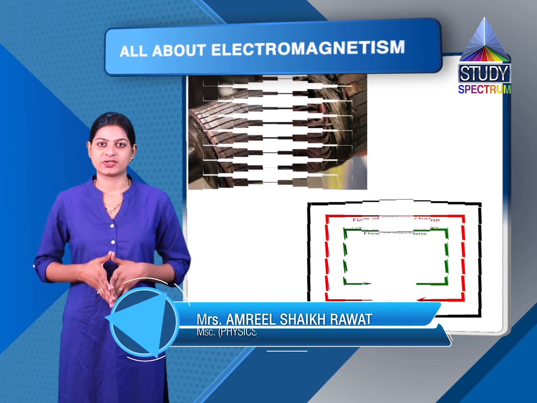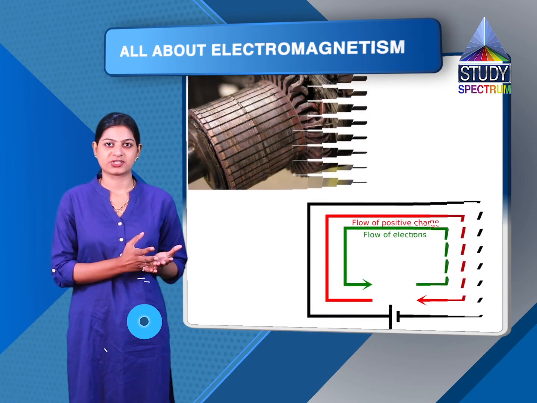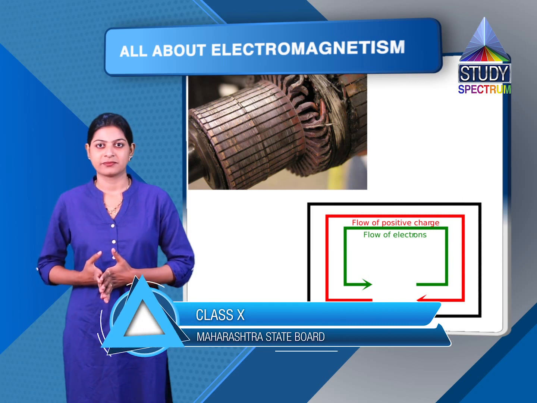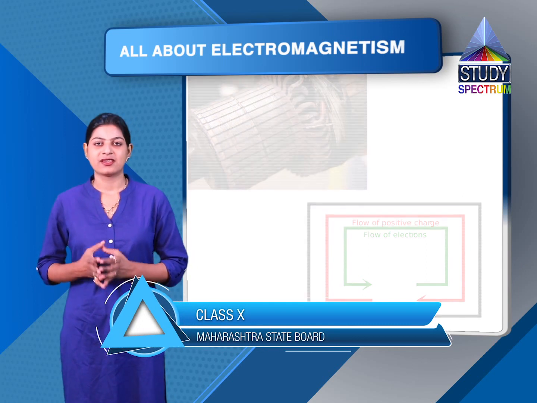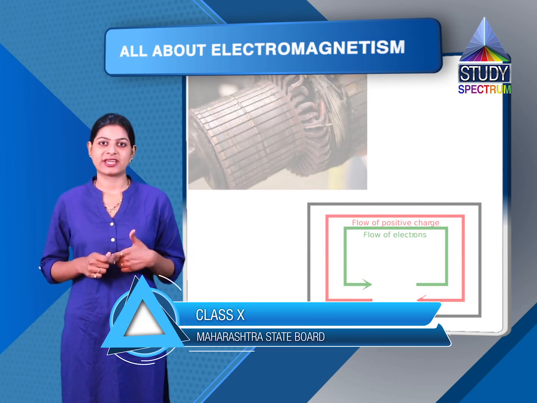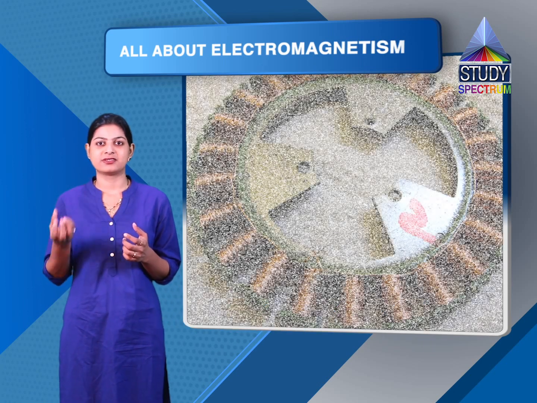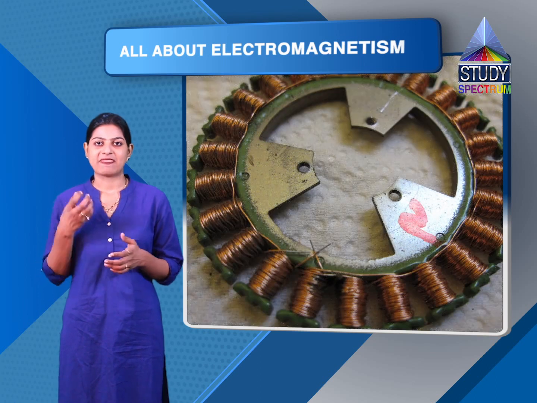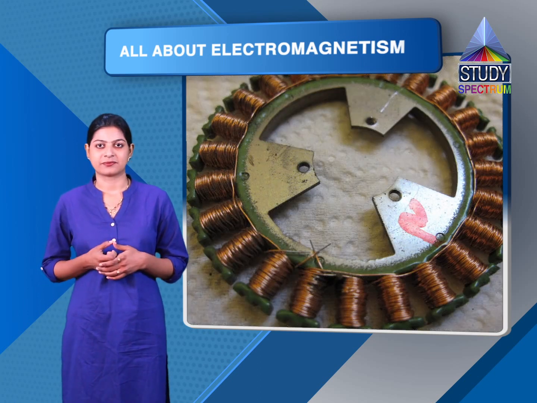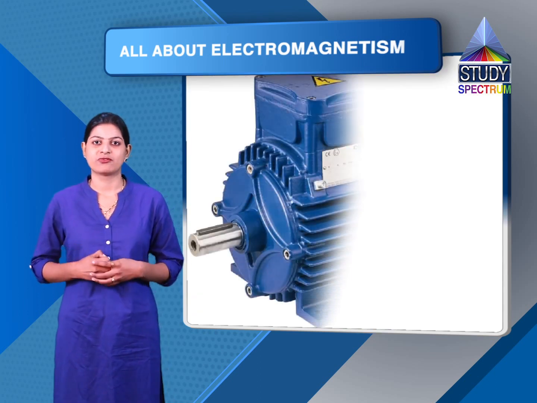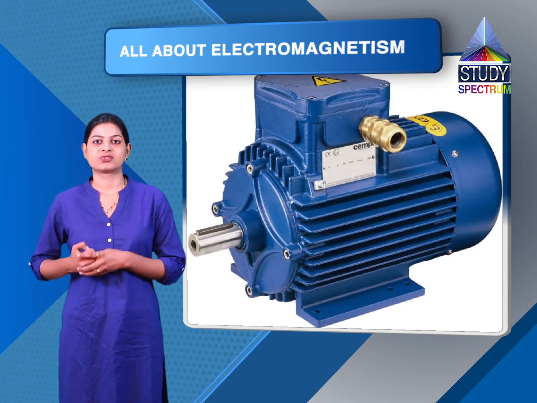In an electric motor, we use electric energy to rotate the commutator. With the help of that rotation and the electric current, a magnetic field is induced in the coil, and this coil acts as a magnet. When the magnet starts moving, it makes the motor move.